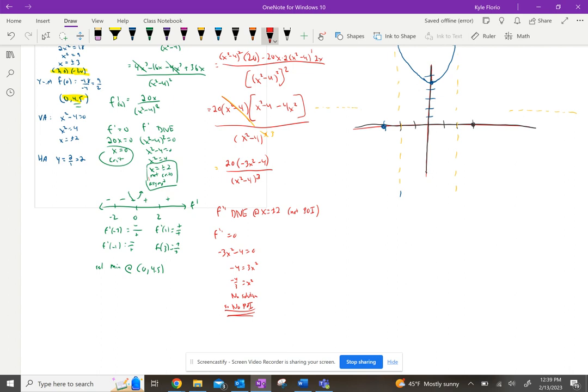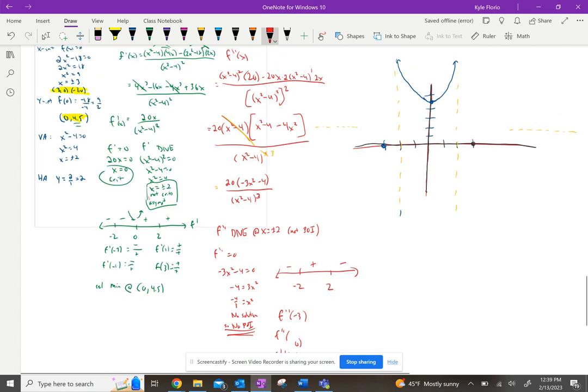So there's no points of inflection, but I didn't make my sign chart. So I know at negative 2 and 2, I have my asymptotes. If I plug in a number less than negative 2, I get a negative number. If I plug in a number between those two, I get a positive number. If I plug in a number bigger than 2, I get a negative number. Okay, so it should be concave down up until 2, and the derivative says it's decreasing, and we have all these asymptotes here, so it's got to be decreasing, be concave down, go through our x-intercept, and then hit our